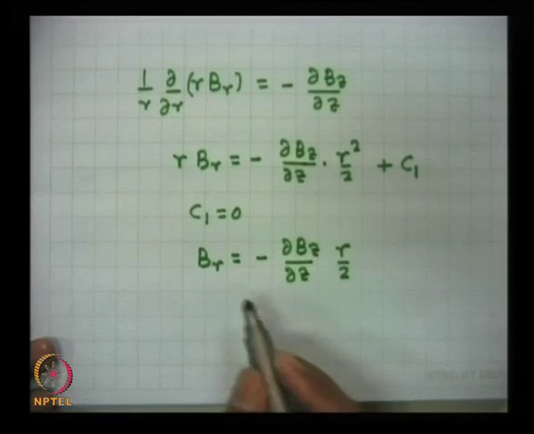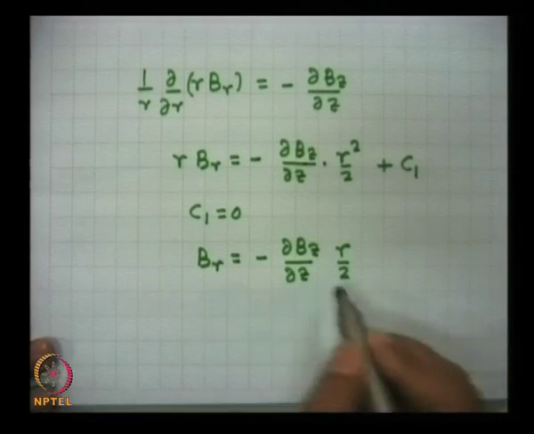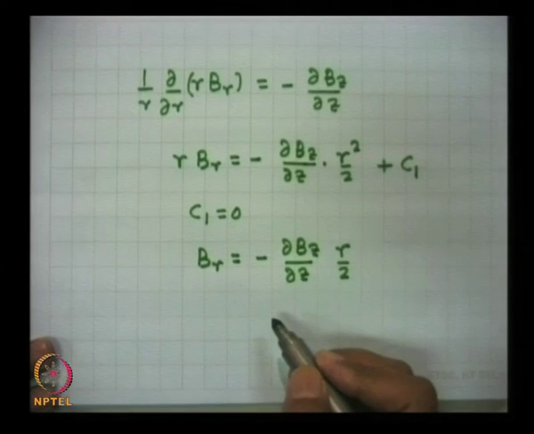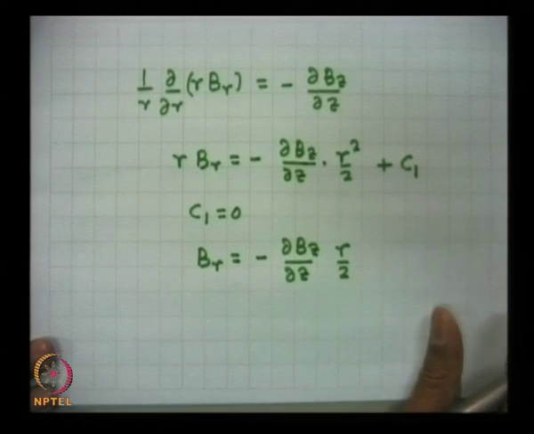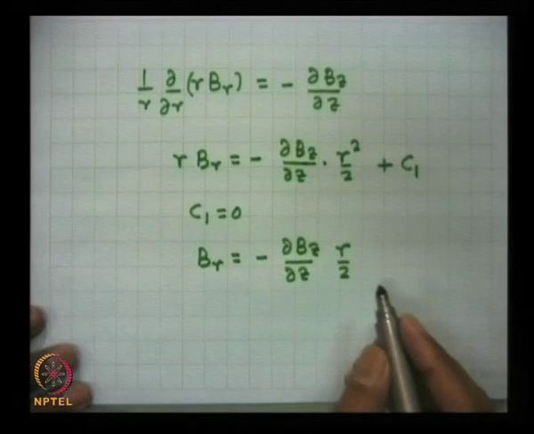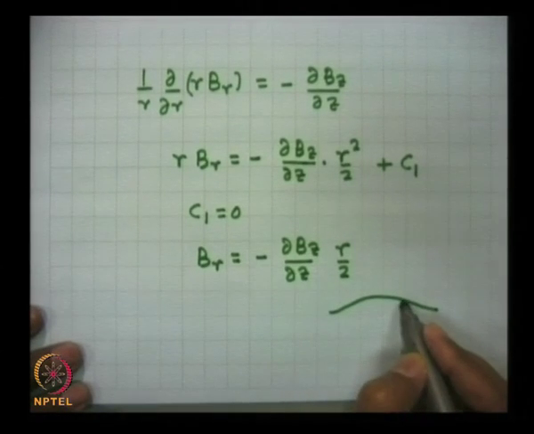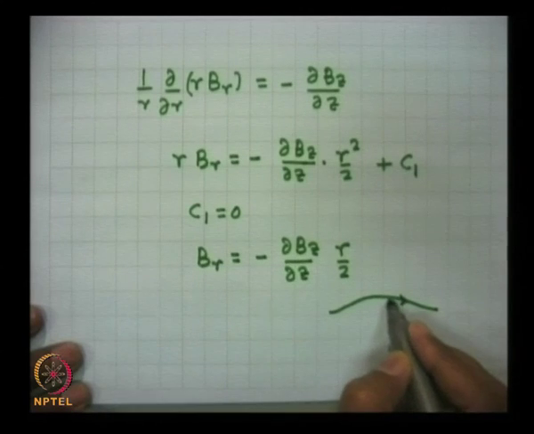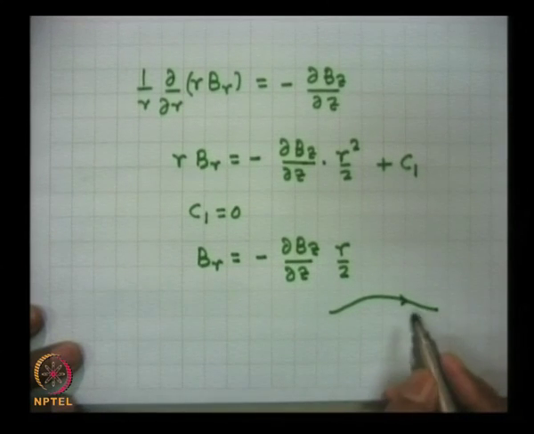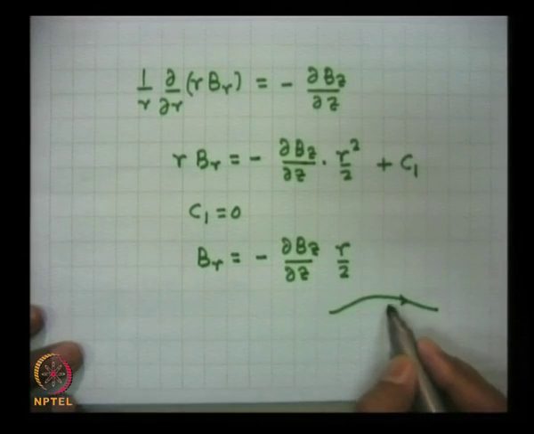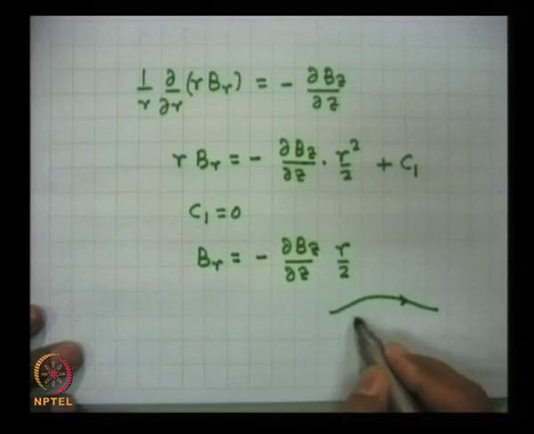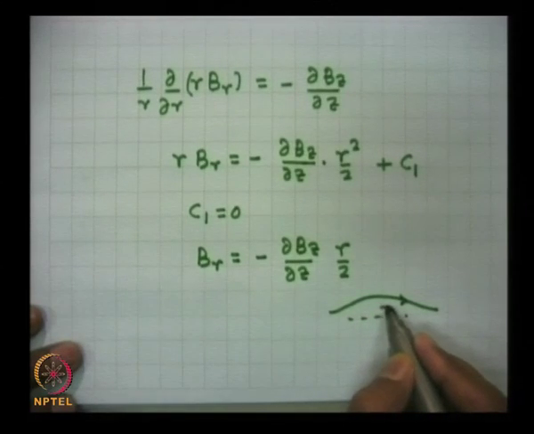This Br is very important in determining the motion of the gyrating electrons and ions in a mirror machine. The reason is that if any line of force is going like this with a finite radial component, suppose this is the line of force or magnetic field, then the radial component is initially downward. And if I consider the motion of an electron like this,